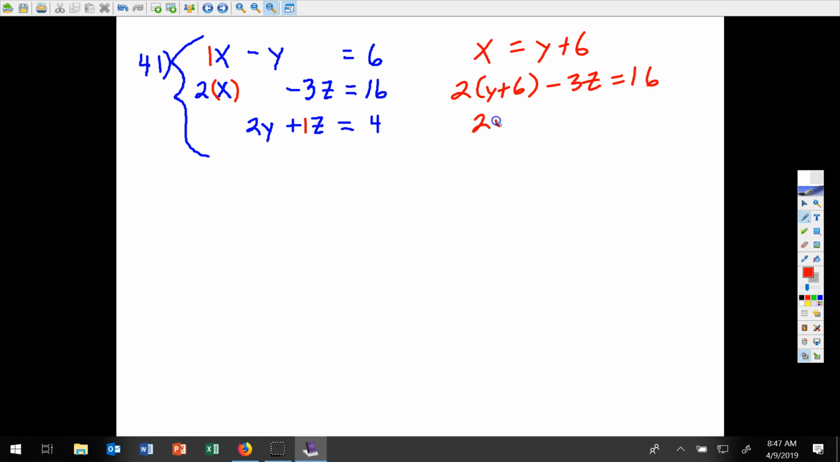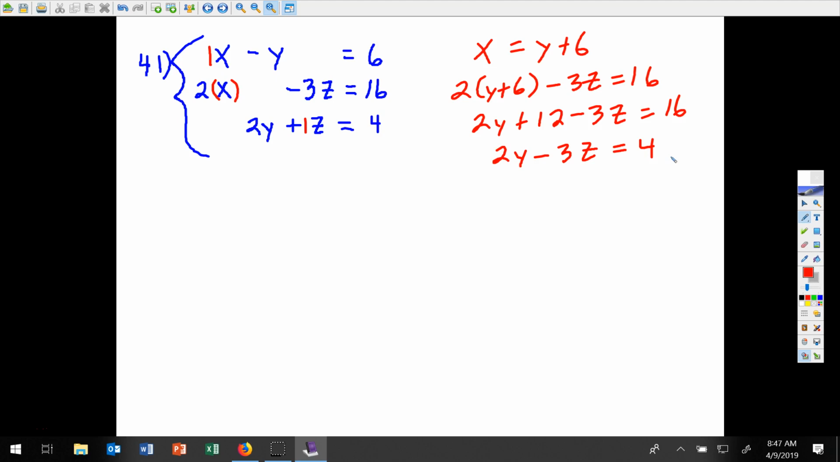And I get 2y plus 12 minus 3z is 16. And 2y minus 3z equals 4. Okay, everybody good so far? All right, so what I can do now, this is kind of a combination. We started off with substitution. Now I'm going to go elimination, and I'm going to set these up because they look like they match up